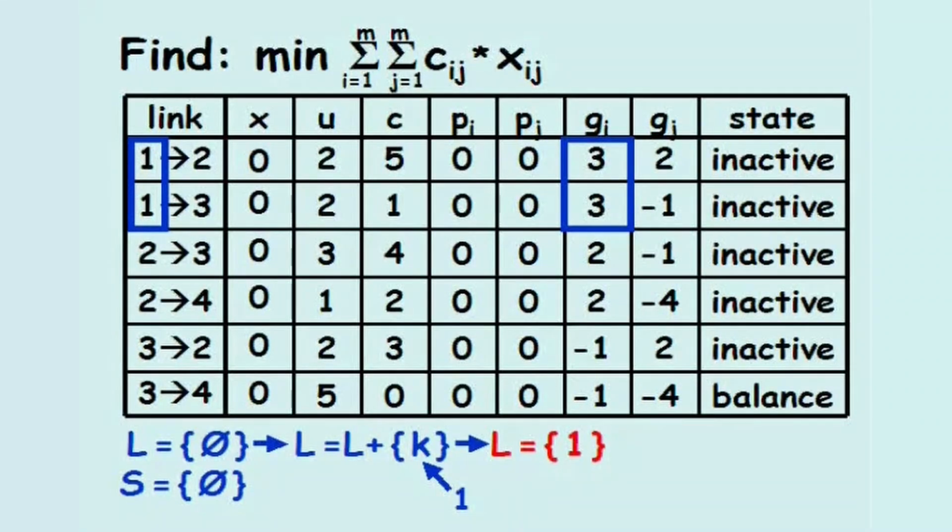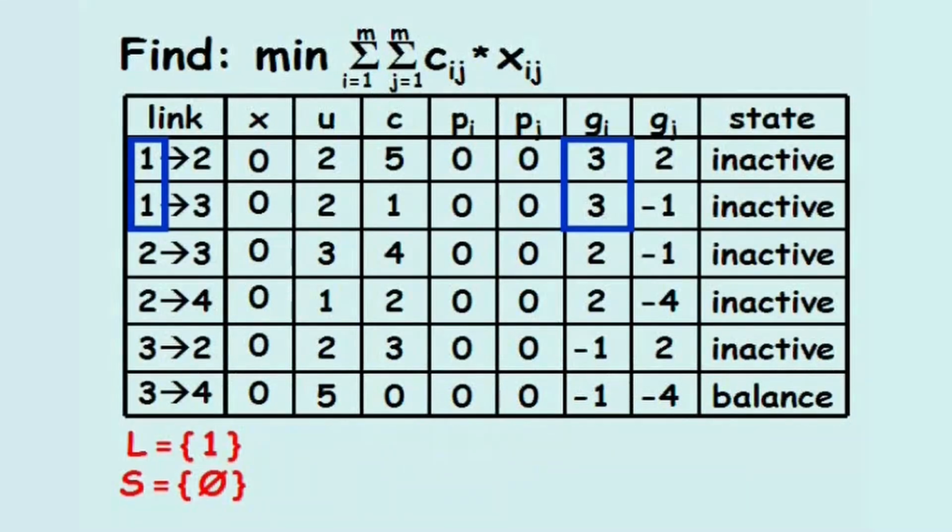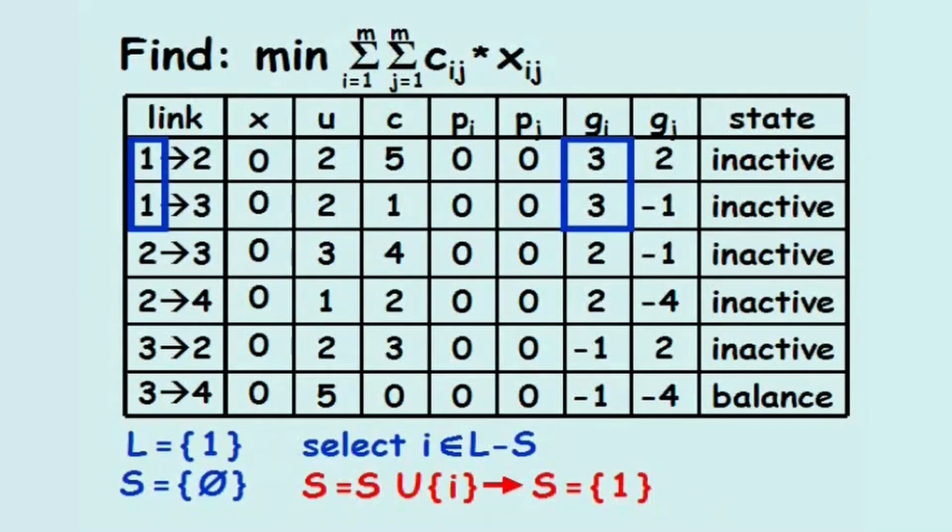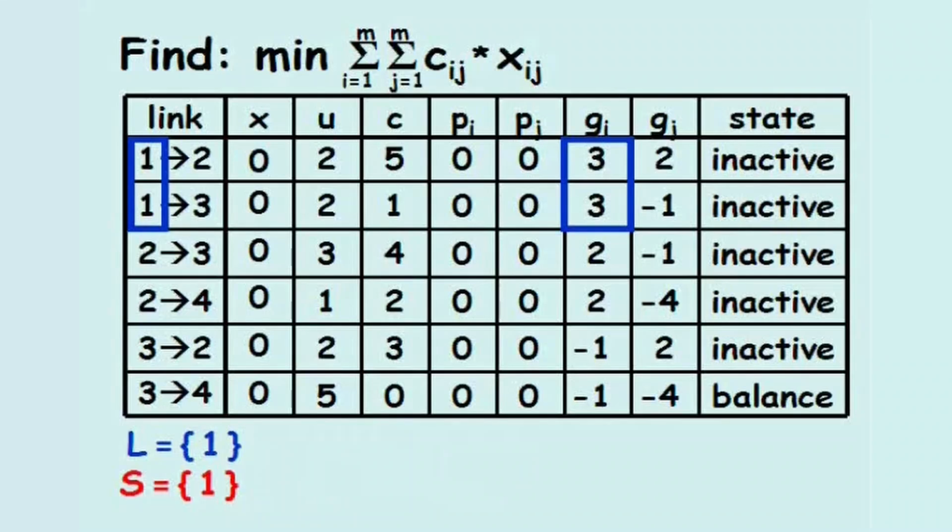The next step is to compare the label set L and the direction vector set S. Next we select a node I, which is in the current label set but not in the direction vector set, which for this case must be node 1. The direction vector set is augmented with node I, and we continue to step 2, where we calculate the directional